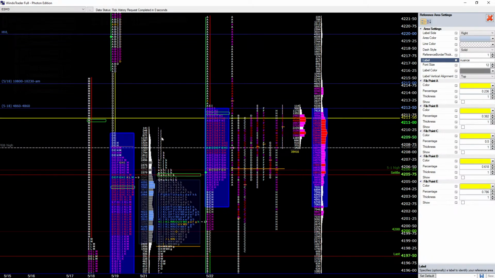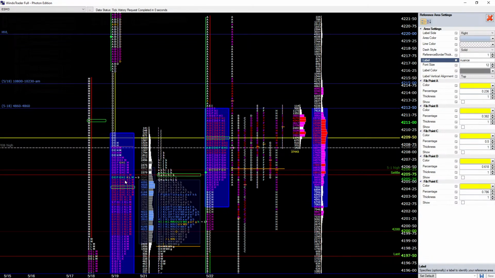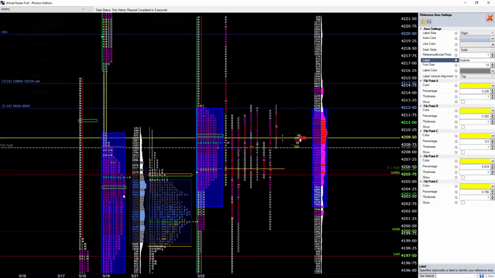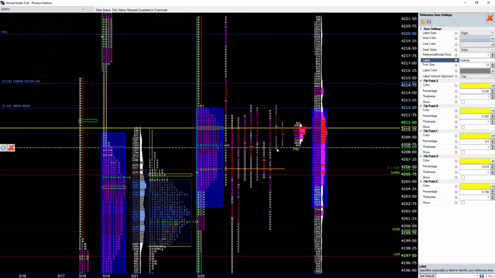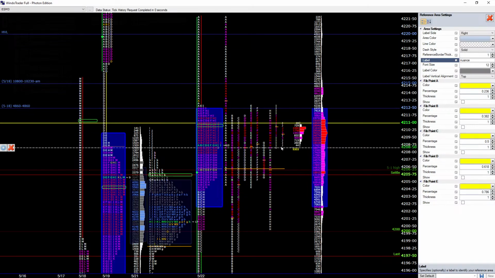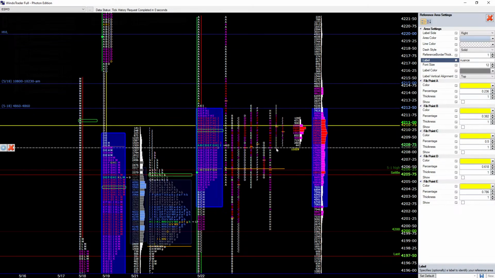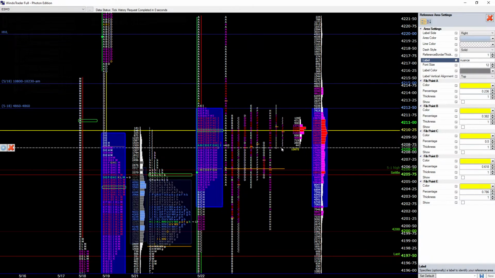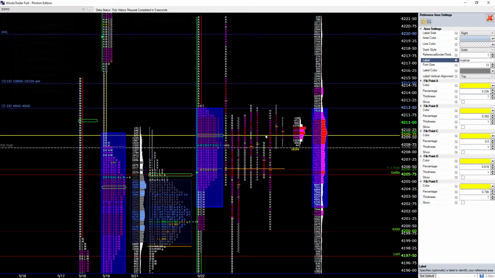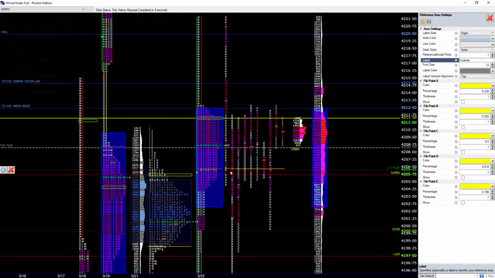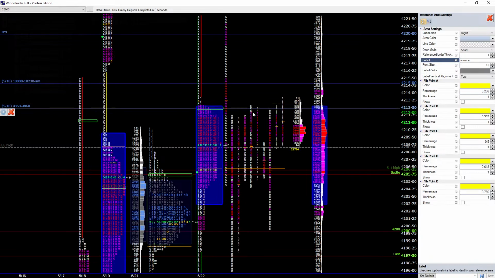Notice how, in the same way as this on Friday, there was selling and the market wasn't moving much. The same thing is happening now, but this time to the upside. They are buying here, but the market cannot move higher. Again, this is not good now. Hard back here. This level is not good. The longs are trying to push the market higher here, but they just can't. They don't have enough power now.